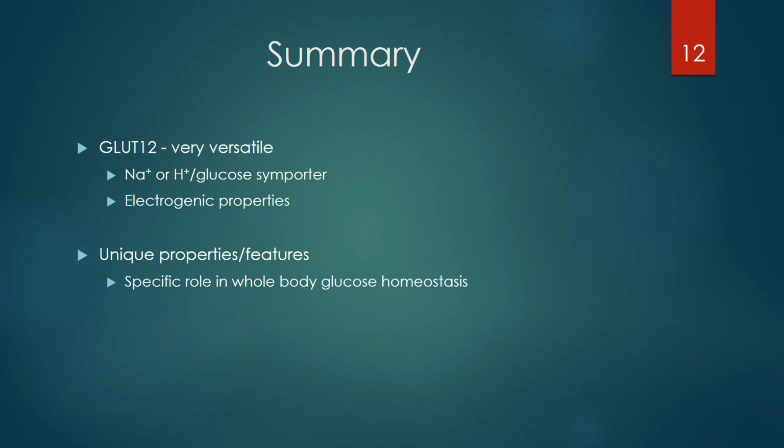So just a general summary, it shows that GLUT12 is a very versatile protein. It's a symporter of sodium ions or hydrogen ions along with glucose, so not necessarily a uniporter like it was thought for glucose transport molecules in general. And it does exhibit electrogenic properties, as you saw with the currents induced by the protein kinase activators and the ions. And it also has its own unique properties and features, which show that it's not necessarily an evolutionary ancestor to the GLUT4 molecule like it was once thought. And these properties do indicate that there may be a specific